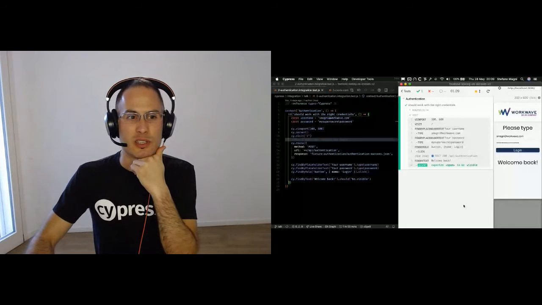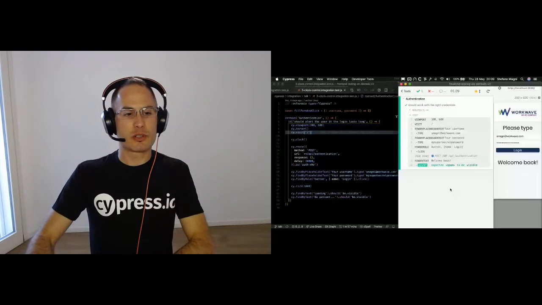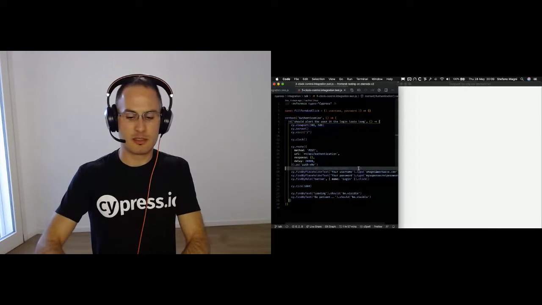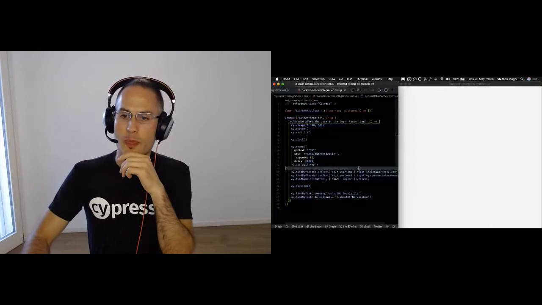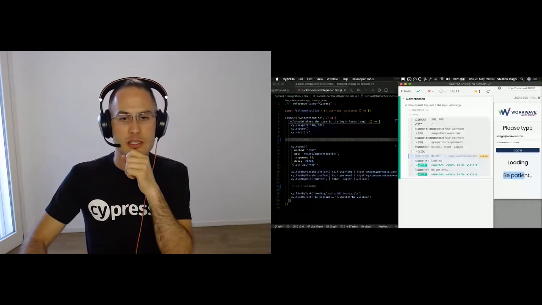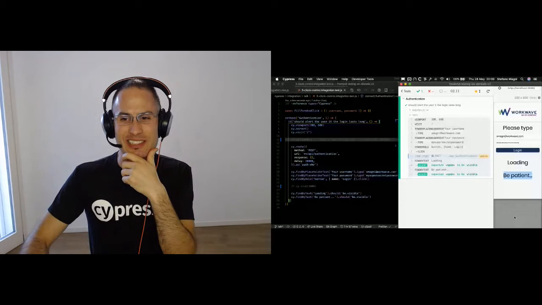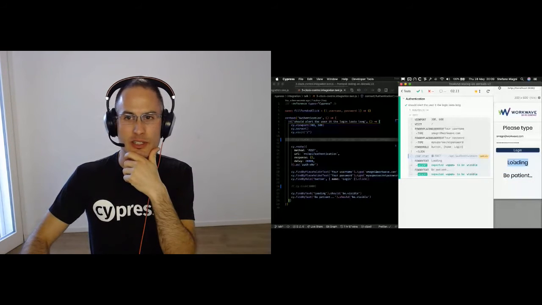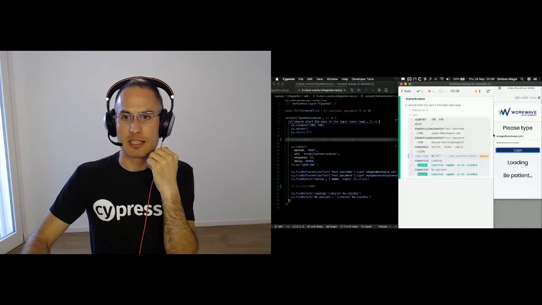Another interesting feature of Cypress is that in this case, I changed the test code. So if the agent request takes too long, I want to show the user another string, a be patient feedback. So I try to mitigate the bad experience on my front-end application. And this string is shown 1 second after the loading string. So as you can see, obviously, the standard test lasts for 1 second, and this test lasts for 2 seconds